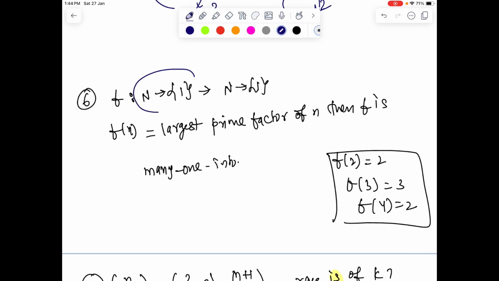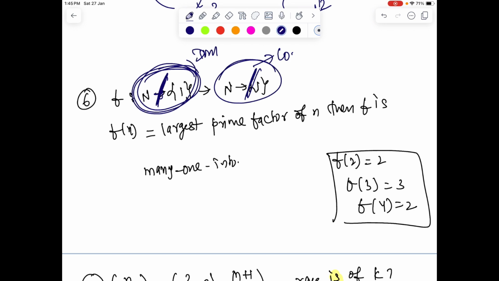A function is operating from natural numbers except 1, perhaps, and going to natural numbers except 1, right? And f of x is defined, so this is the domain and we have this as the codomain. Now f of x is defined as the largest prime factor of n, then f is